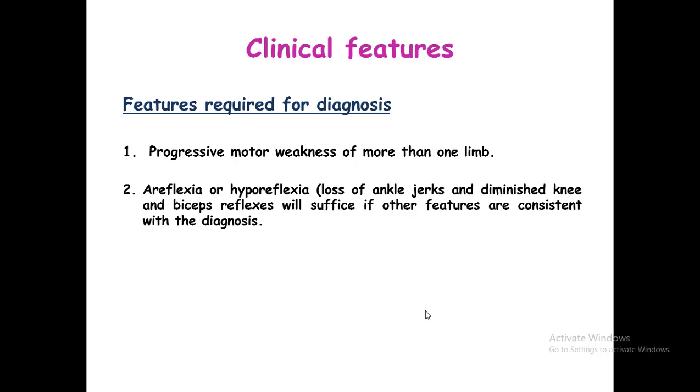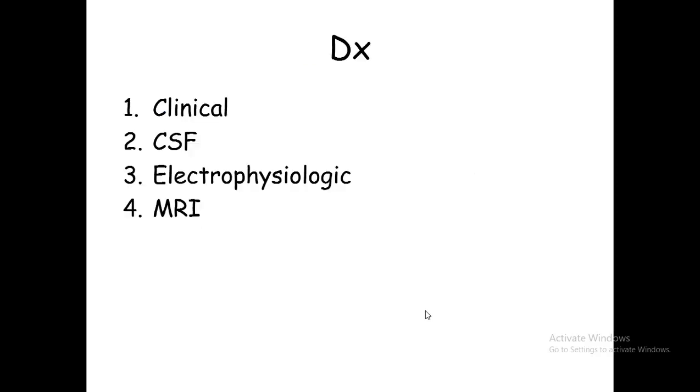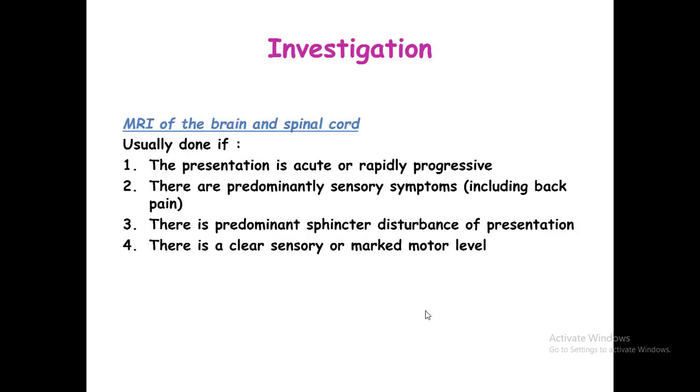The diagnosis is clinical. For the diagnosis, you need two important and essential criteria: progressive motor weakness of more than one limb. We emphasize this feature. And areflexia or hyporeflexia involving the affected limbs. So the diagnosis is clinical first, and we have other additional supportive tests like lumbar puncture, where the CSF